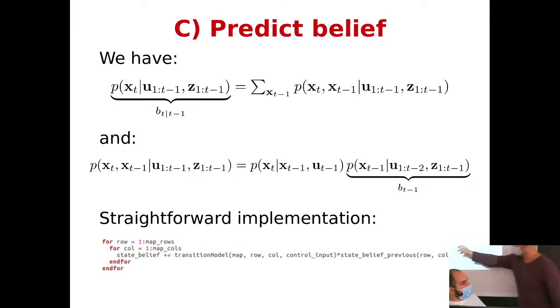This state belief, previous row column, is equivalent to this B of xi, only that instead of having a unidimensional index, we have two indices here for the state. This is perfectly equivalent. And the transition model, well, this row column denotes the index of the state of the current belief, and this denotes the control input, which is our u, and map is